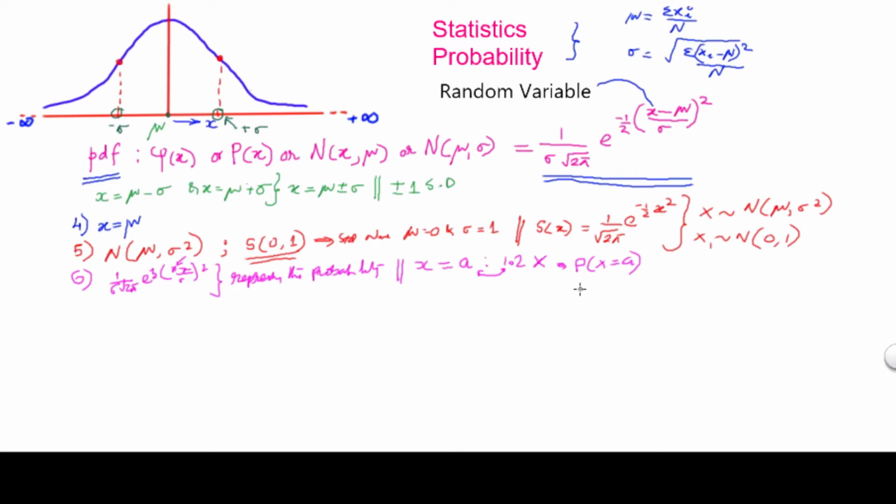But generally statisticians do not measure this. What they measure is probability of x less than or equal to a. They are interested in things like this because there is some reasoning behind this. I will explain that later. So P of x less than or equal to a, or P of x greater than or equal to a, these things they measure. That is, in our example, probability of wave height less than 1.2 meter and probability of wave height more than 1.2 meter. This is what they measure.